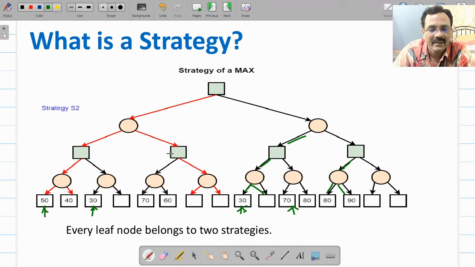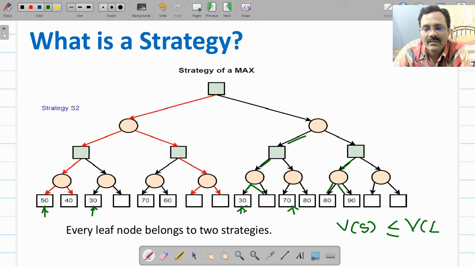in this game tree. So the SSS* algorithm will start with these 4 which are representing all those 8 strategies, and the value of this leaf node will represent the upper bound on that particular strategy, because of course it can be less than that, but it is an upper bound, because as I am repeating again, Vs is less than or equal to Vl.